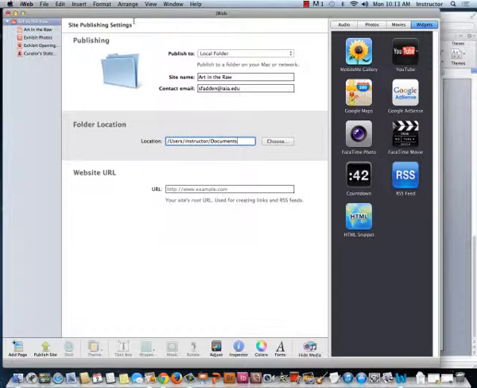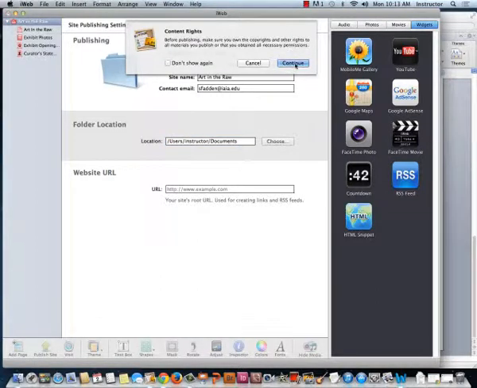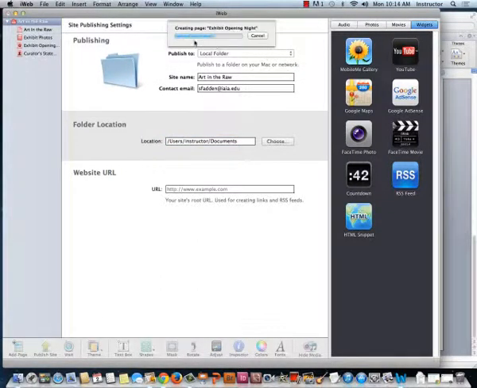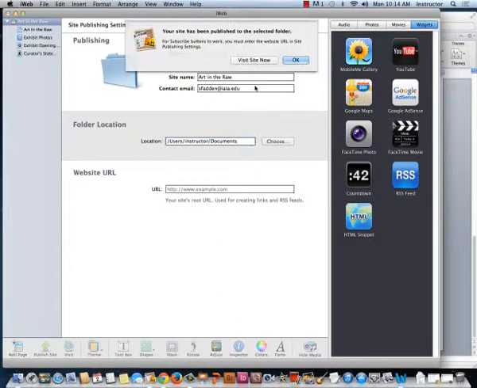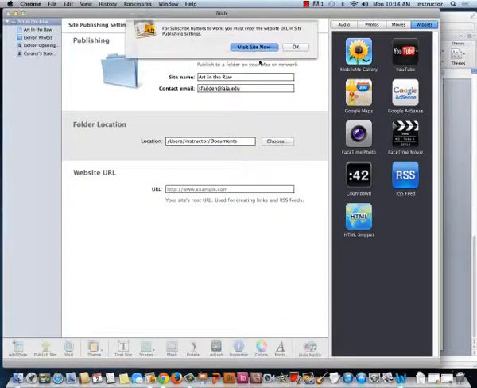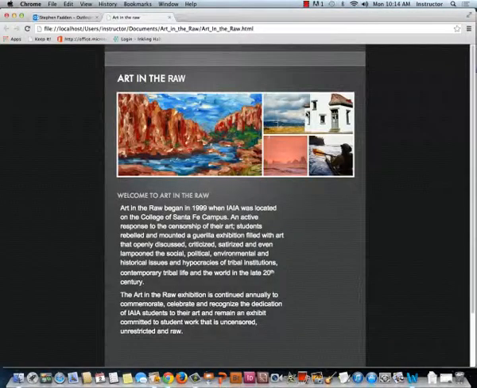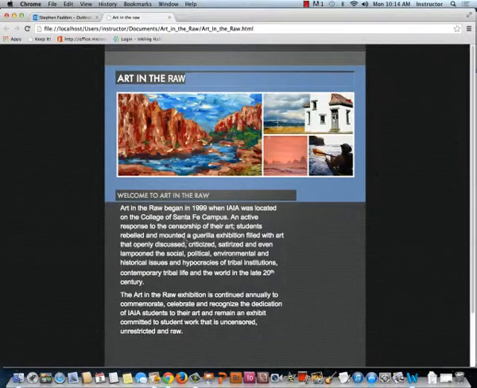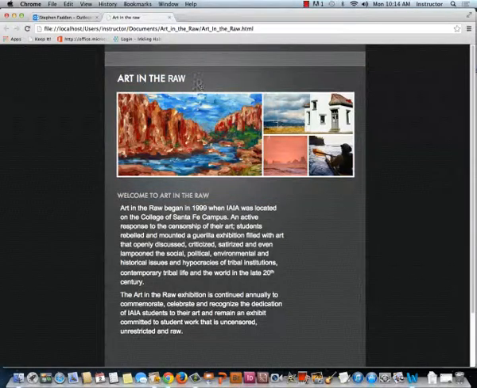So now, once I've changed those defaults, when I click Publish Site down below, and I click continue, it's saving it to Art in the Raw. And then once it's done that, I can click Visit Site Now. And it will open it up in a browser window, but this browser is only on my computer. It's not on the web. And you can see here where it should have shown